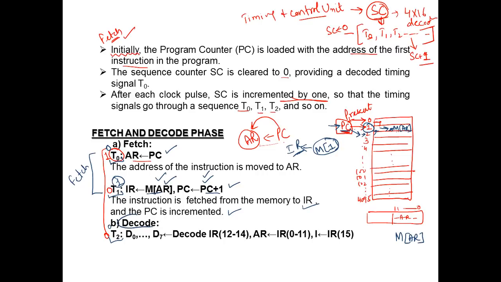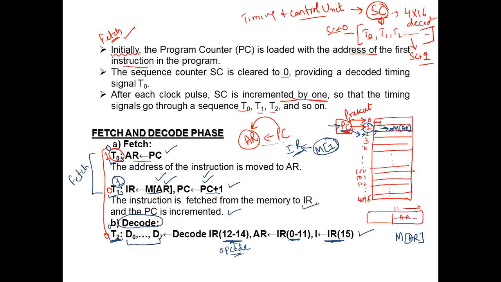Now the second point is when I have to decode this instruction. So how will the decoding take place? It will take place at another clock signal, that is T2, let's suppose. So I need to know which decoder is active, because in the instruction register, bits 12, 13, and 14 are nothing but the opcode bits, right? So the opcode bits need to be decoded, then the address register needs to be decoded, then the mode bits need to be decoded, and then I will be performing this decoding operation.